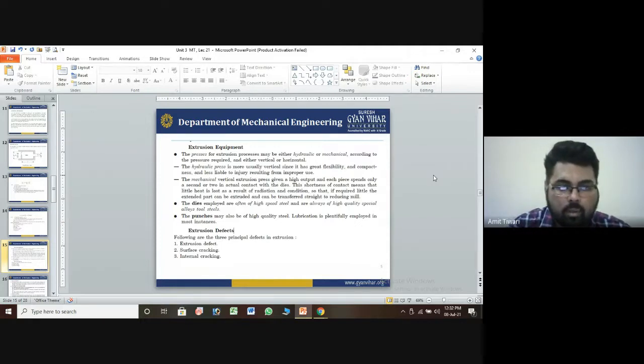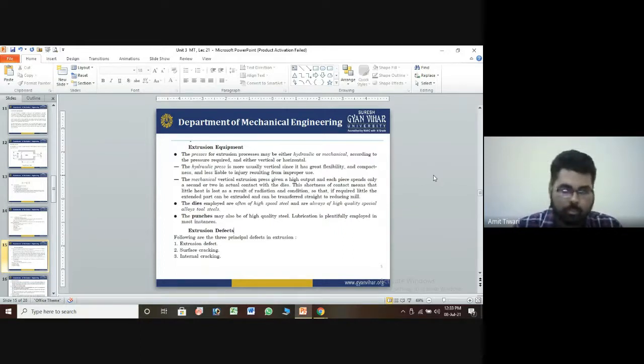So the shorter the contact area means the lighter the heat effect and the resulting radiation of the condition. A different diameter will require a different size, and all the parameters will be different. The working principle is very much the same. The extrusion equipments are different types of equipment we use. For example, sometimes it will reduce, sometimes it will improve, sometimes it will decrease as per the result. So different types of work will be done.